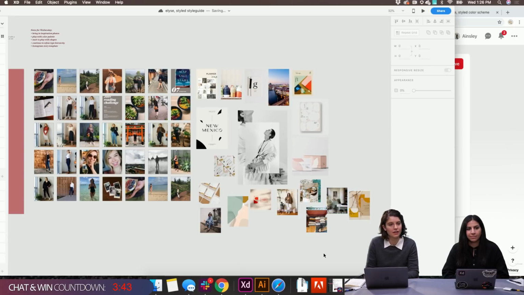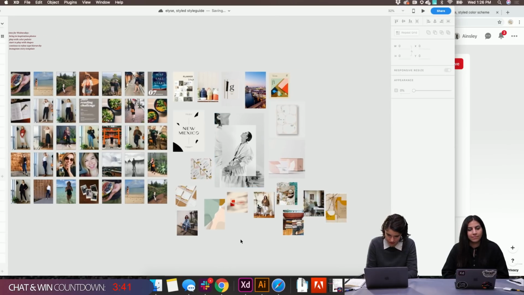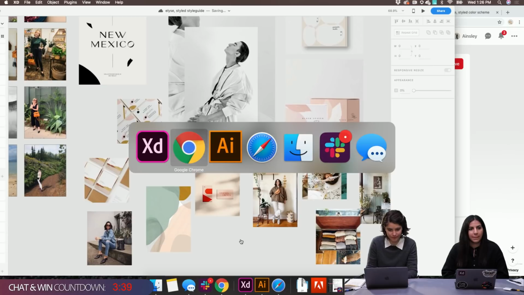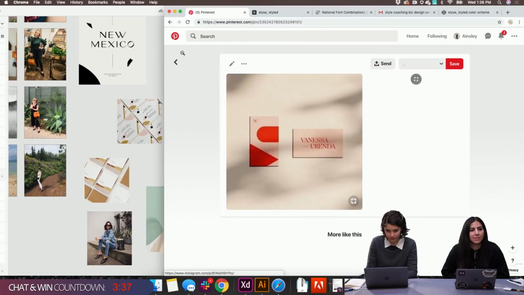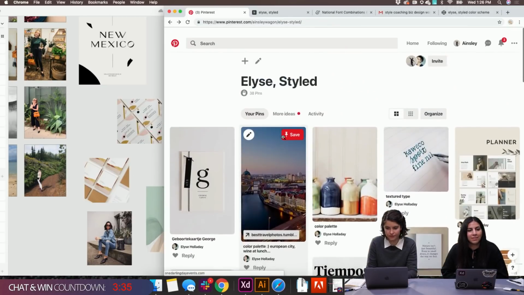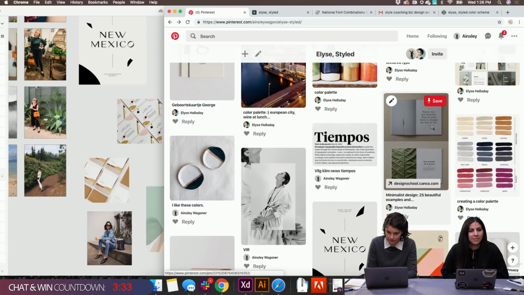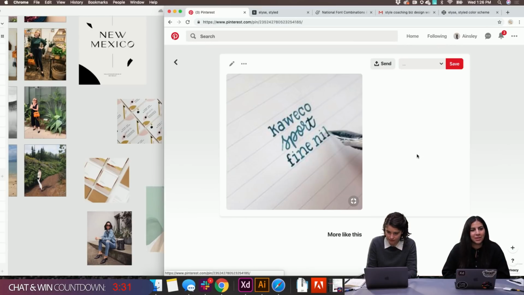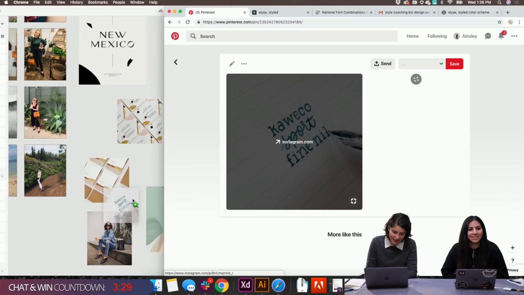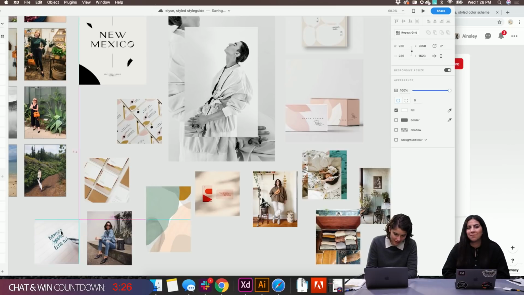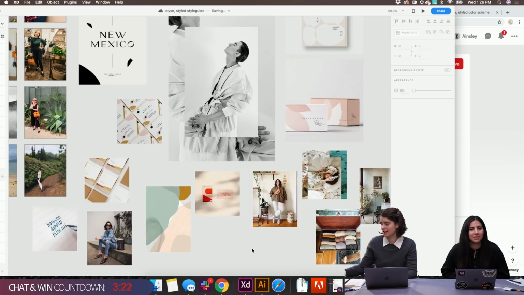There's siteinspire.com, Behance and Muesli, and Google. Can't forget Google. I like Site Inspire. I haven't been on that yet. Also print magazines for different layouts and color choices. Ooh, that's a good idea. Thanks, Alexandra.